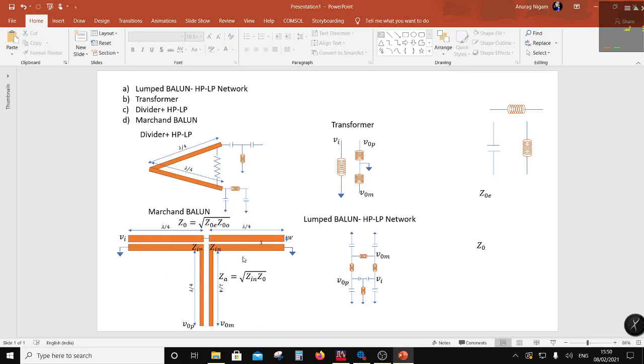Okay, now where are they used? Whenever there is a differential to single-ended or single-ended to differential conversion, you will require these baluns. So what we are going to do is design this one, which is fully lumped, and this one, which is fully distributed. Then it's an exercise for you to implement these two. You'll find lots of papers doing this. So let's jump into